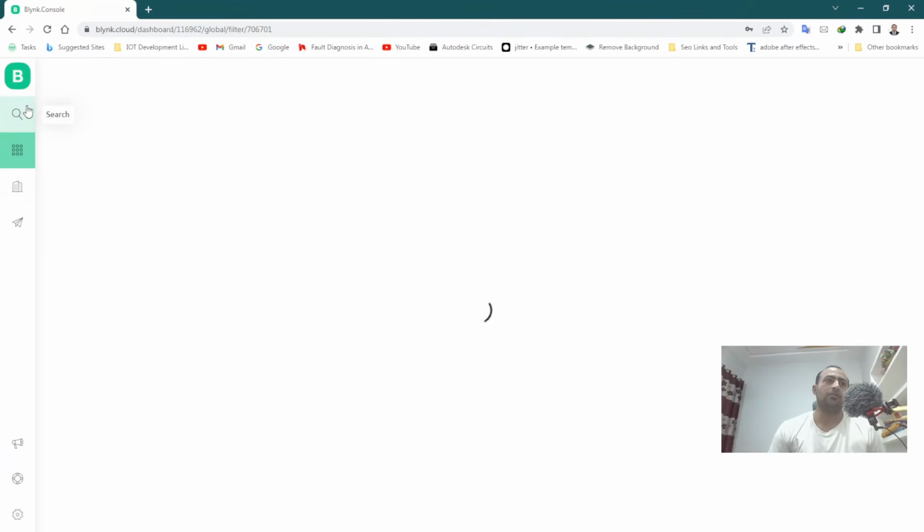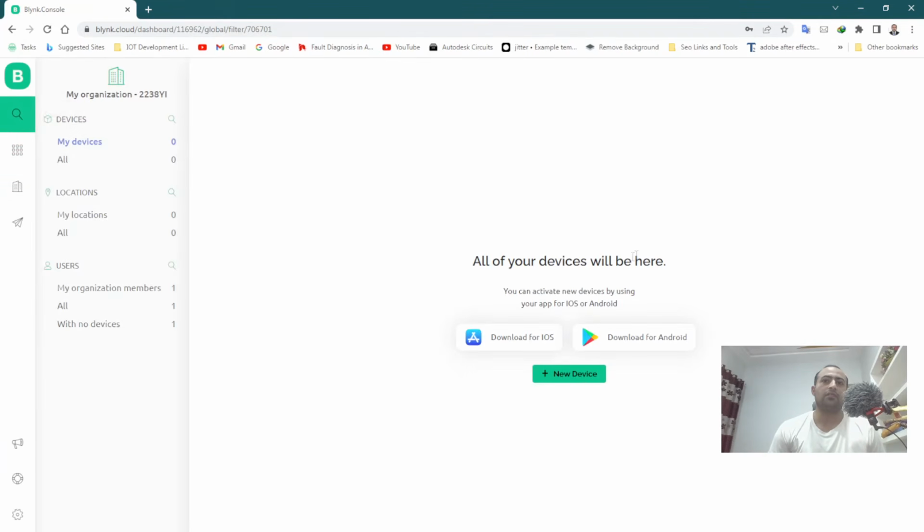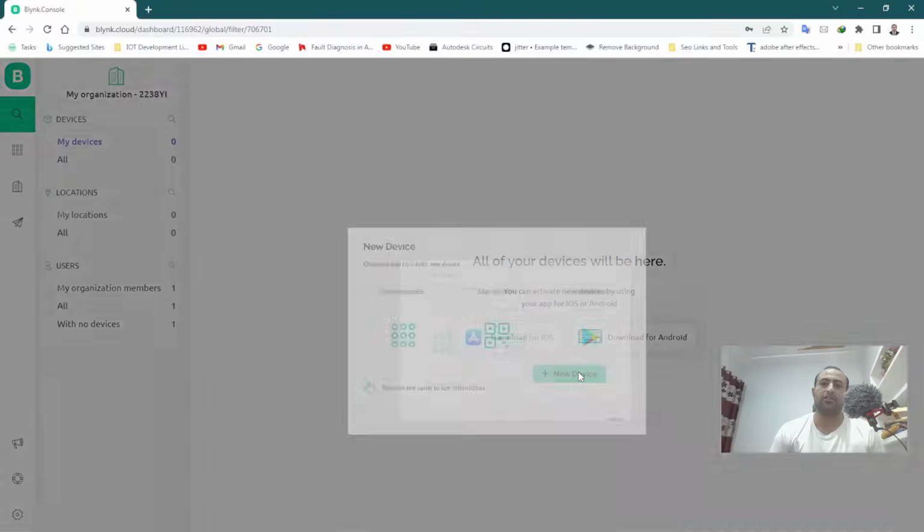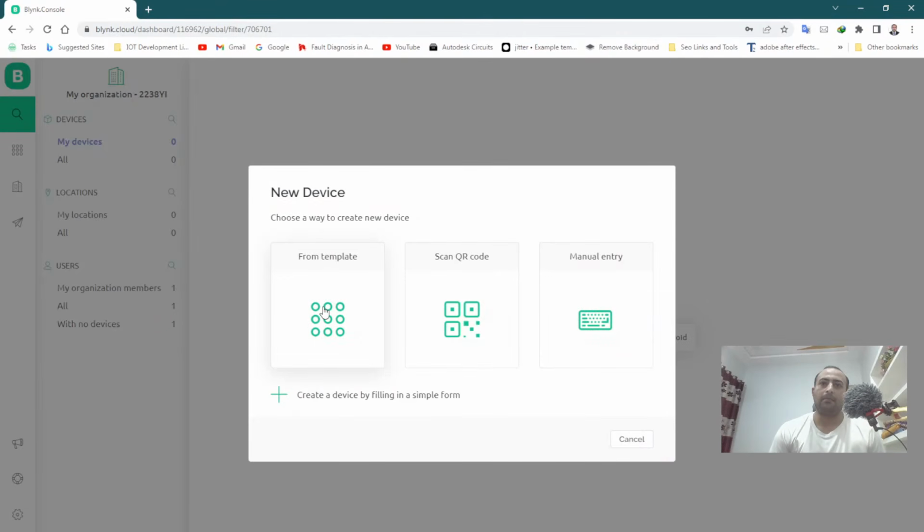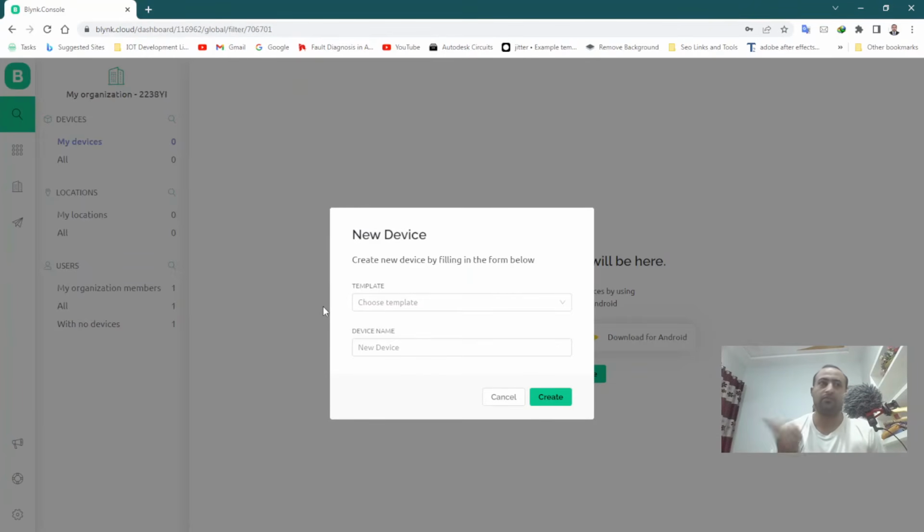Now go to the search. Here we do not have any device, so click on this new device from template that we created before, and choose the template relay. Device name should be relay. You can name it anything you want. Click on create,